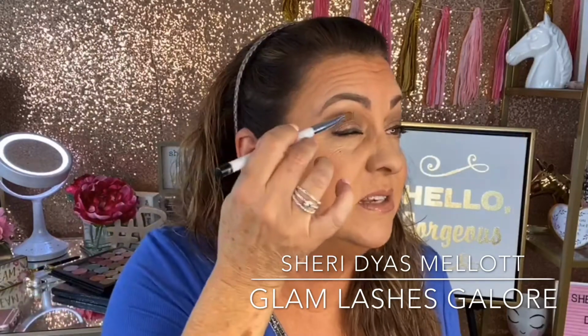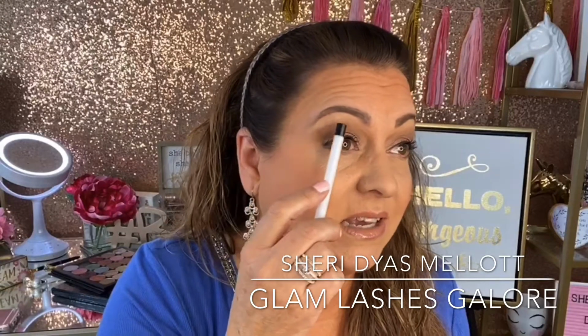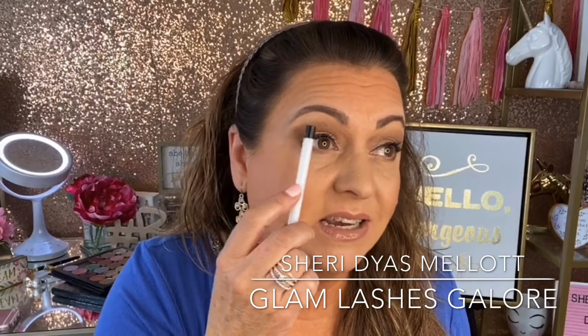How it looks so much better. Now this doesn't look horrible, right? Except that you can see the line, right? You can see where the color stops. There's like a chunk or a block of color. Okay, so when you put a lot of color on, it doesn't look horrible, but here's how you can take